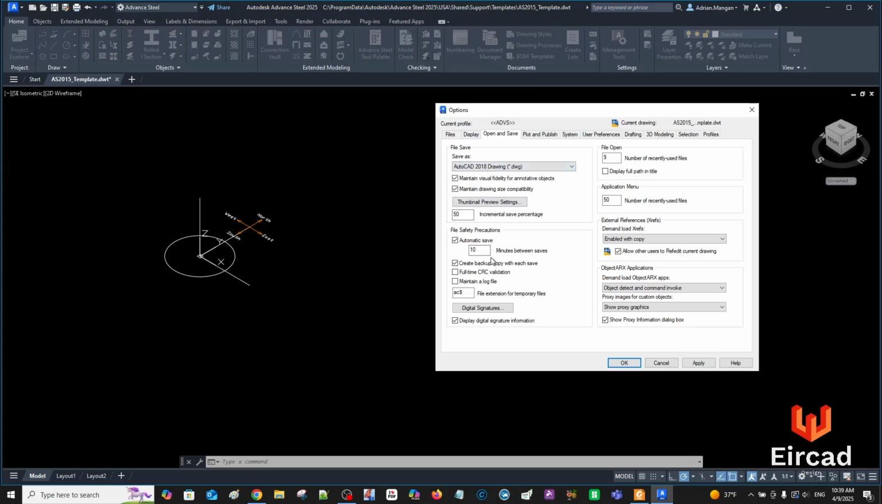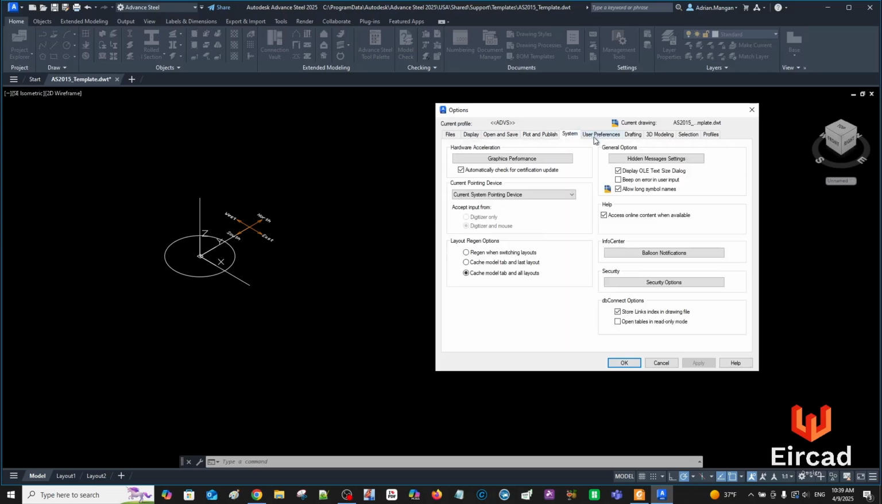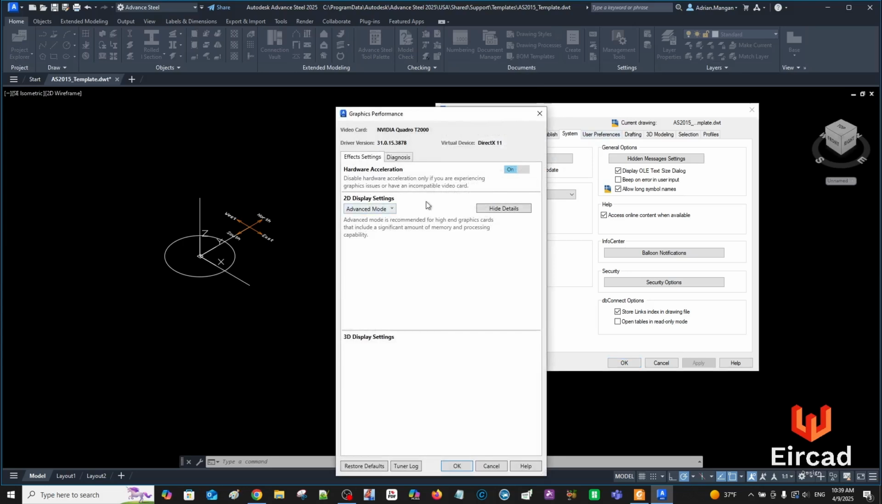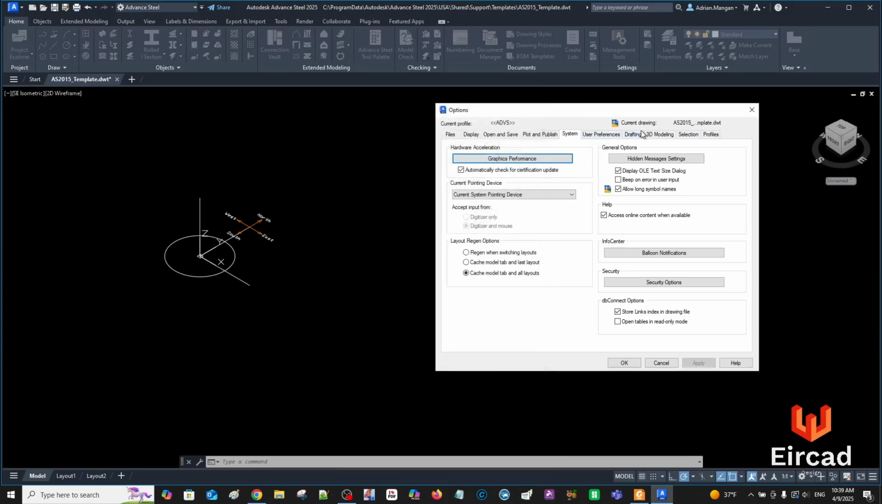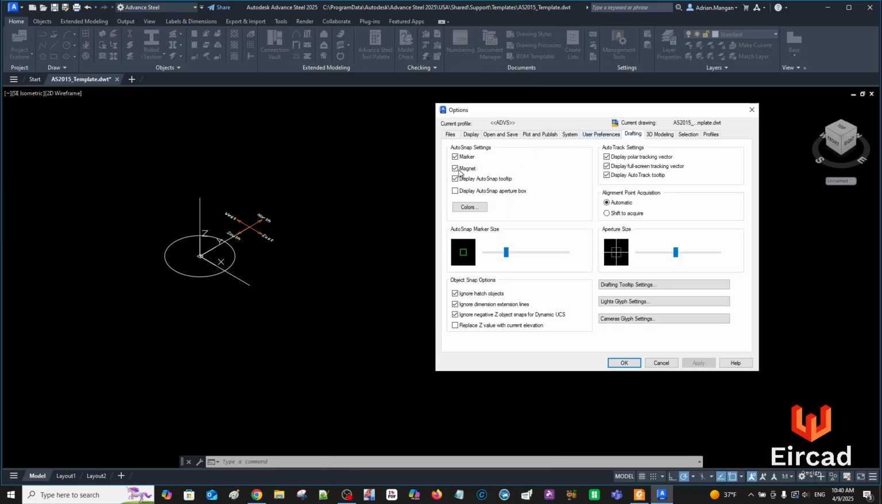Save and close option, incremental save percentage. You can change this to whatever you want. 10 minutes between saves, maybe 5 minutes. Apply, plot. Okay. System, graphics, performance. Yeah, I have to have a look at that, see if that's set properly, but I'm not worried about that. So drafting, auto snap, aperture,